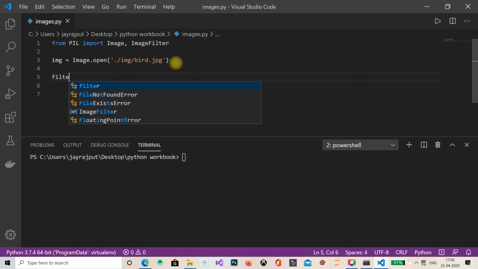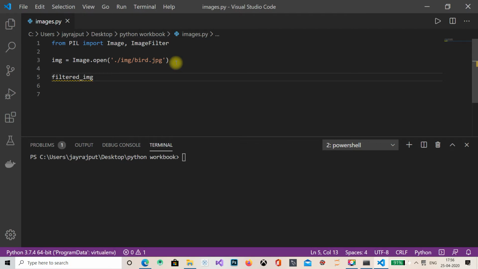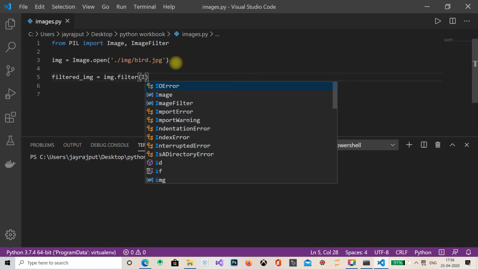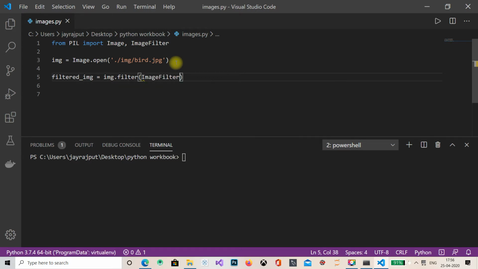Okay, so I am making filtered image is equal to image dot filter, ImageFilter dot blur. I want to get blur, so I am giving blur.